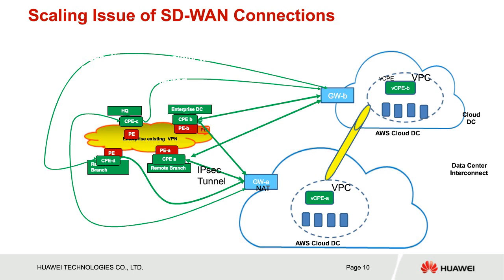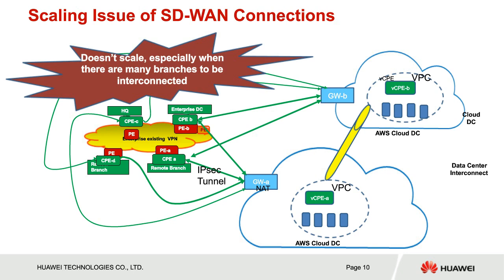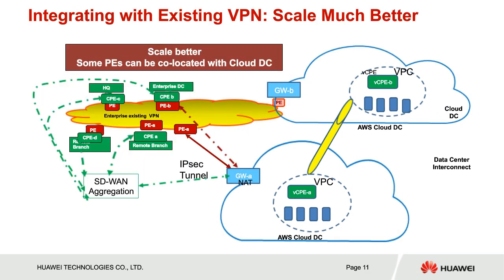So let's look at another option. To reduce the cost and the connectivity management, if you want to do it yourself, you can create an SD-WAN aggregator, just like our earlier SD-WAN model. You can have a hierarchical SD-WAN, allowing your CPE to connect to a POP location as an aggregator and have an aggregated pipe to the cloud data center. That's one approach an enterprise can take.